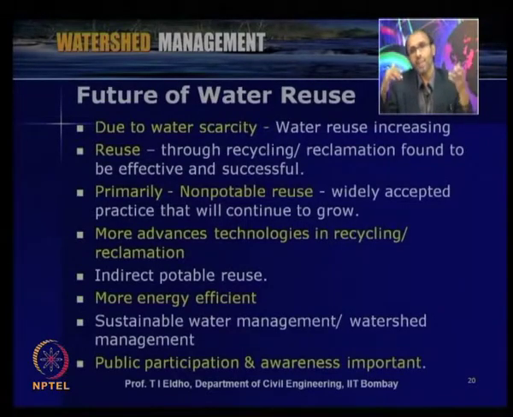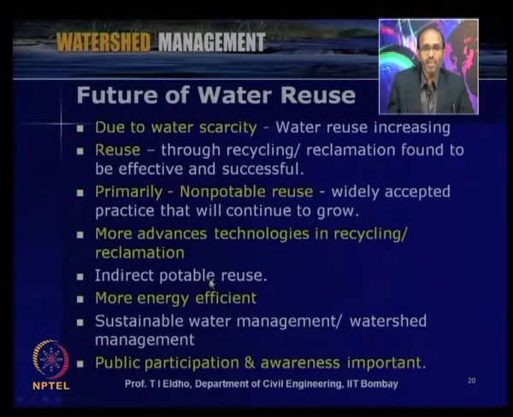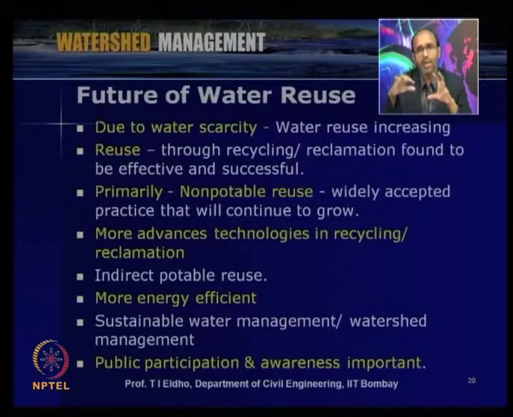So, we have to see the intended use and the quality of the contents of the wastewater, and then give appropriate treatment. And also, as we discussed, indirect potable reuse is possible. Like instead of directly supplying for potable or domestic purposes, we can put this treated water, maybe after tertiary treatment, for recharging the aquifer systems, or that treated water can be mixed with fresh water sources like lakes and rivers, and then we can utilize it. So, that is the indirect potable reuse.